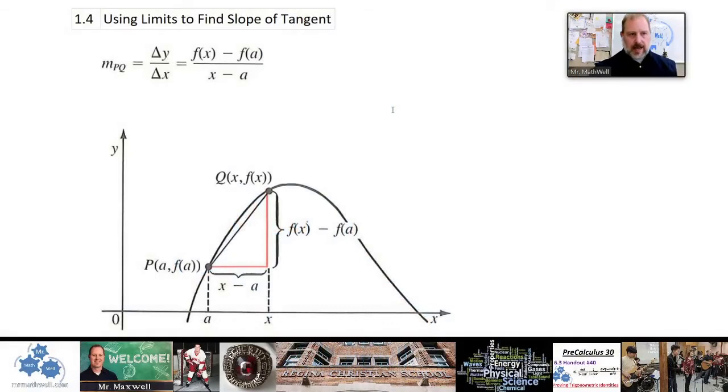All right, so we're looking today at Calculus 30, Section 1.4 in the Stewart Calculus text. And we're talking about using limits to find the slopes of tangents. Okay, very, very important lesson here. We're going to learn about the first formula that we're going to use limits now to calculate the slope of